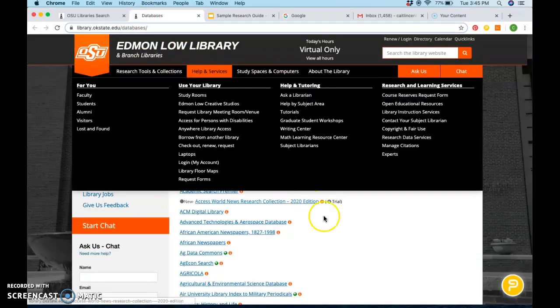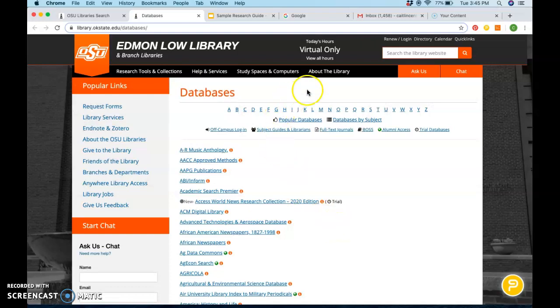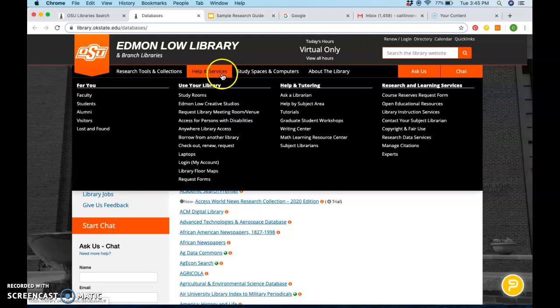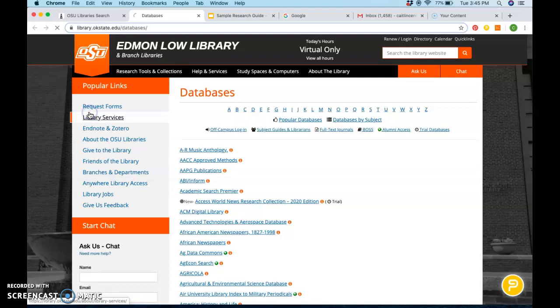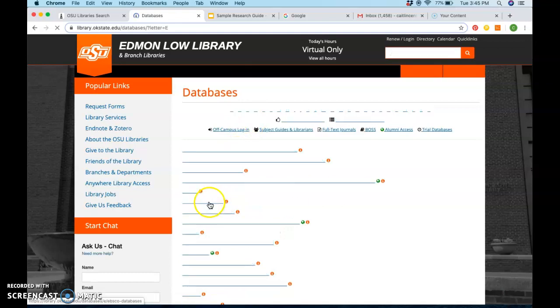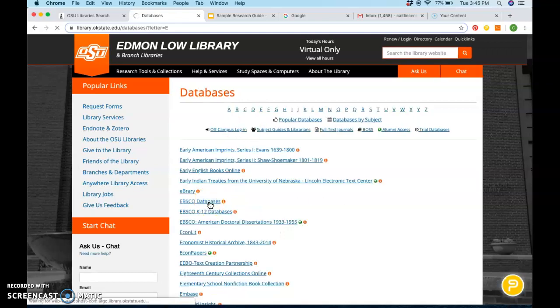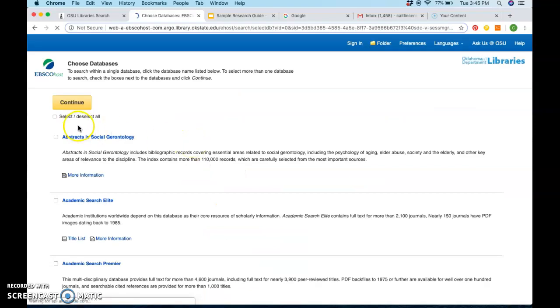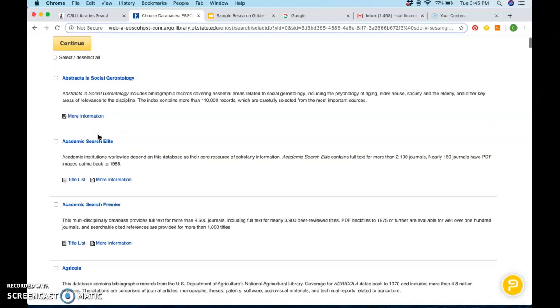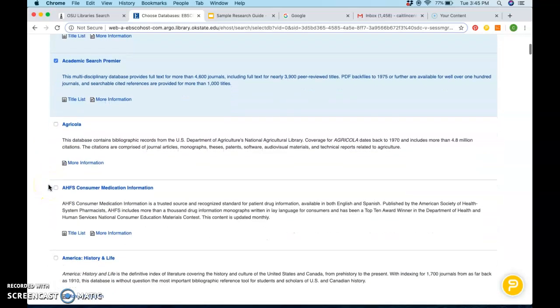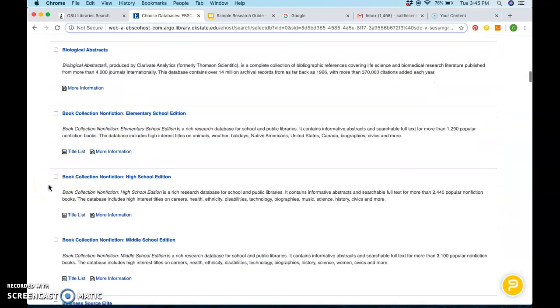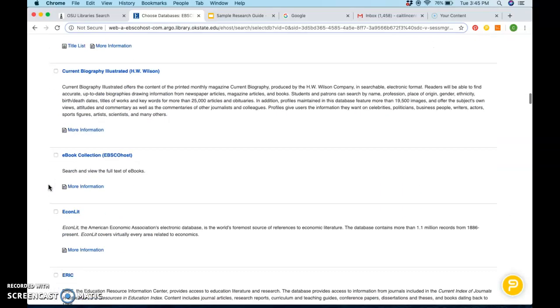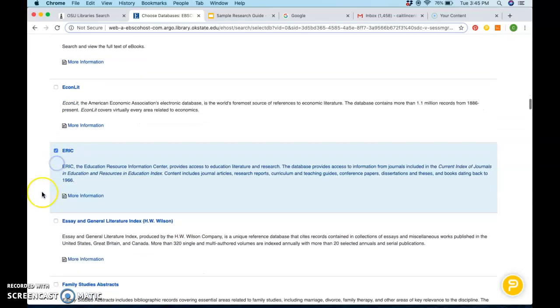So for this example, I'm using OSU's library's website. So what I did was came to databases, and for this example, I'm going to use EBSCO because that is a pretty common database in schools. And for this, you can select some of the ones you want to use. And for this one, I'm going to select Academic Search Elite, Academic Search Premier. Let's see. I'm going to use ERIC,